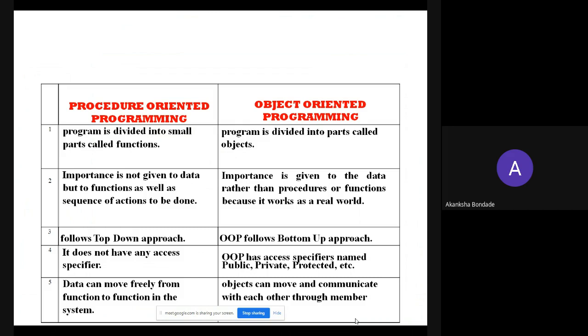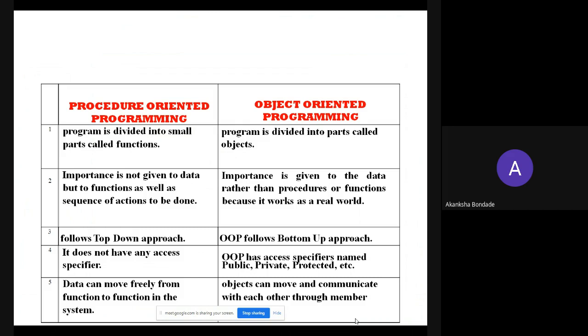The public access specifier gives access publicly. The private access specifier does not give access publicly. It gives access only to the class members. Okay, and protected is an access specifier which gives access only to the subclasses. Hence, object-oriented programming is more secure.